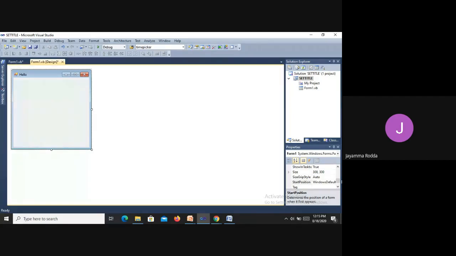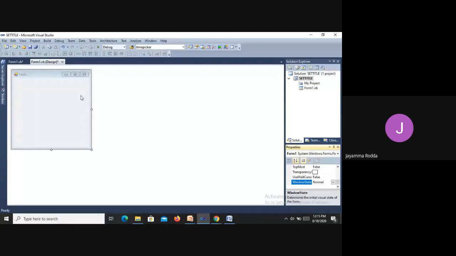There is another property, Windows state: normal, minimized, and maximized. Normal is where the minimize, maximize, and close buttons are visible. This is the normal form status. The state of the form is normal now. This is the default state of the form.